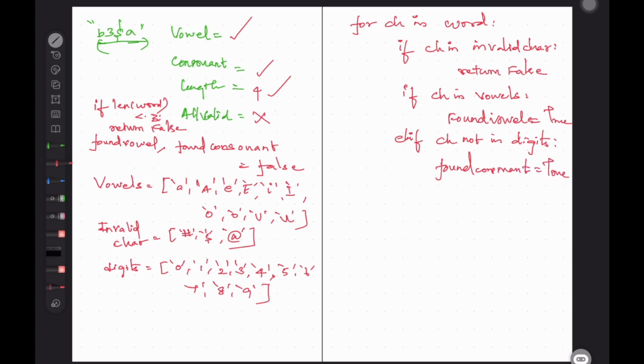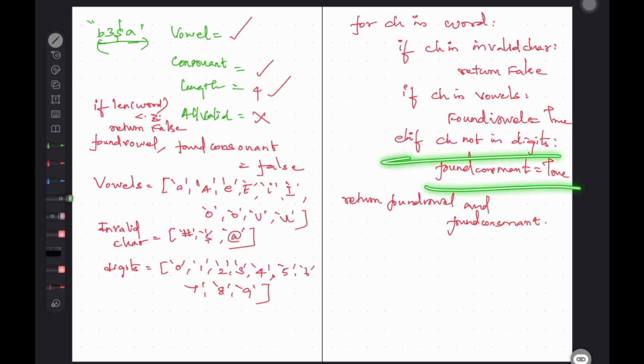Like this, let it go, then return found vowel and found consonant, which means it will satisfy the three cases. Whether the characters are digits, we won't need to set any variable because the word might not have digits as well.